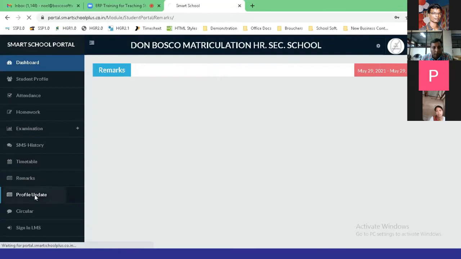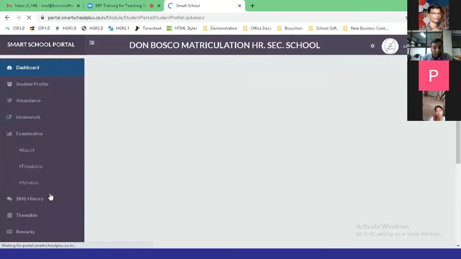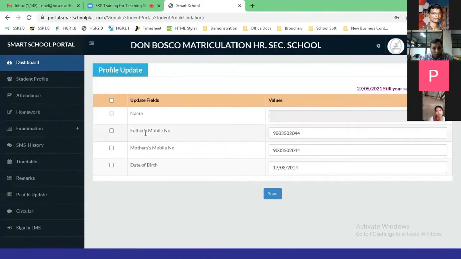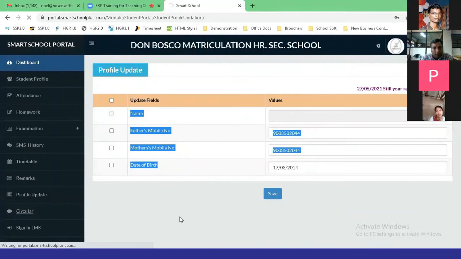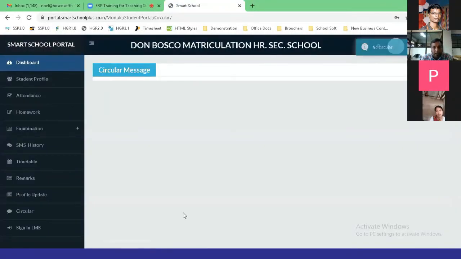And also, as I told you, the profile update, the parents' info and the students' info can also be included here. If the school wants only certain fields to be opted for by the parents, or if the school is willing to release a fifth field as well so that the parents can contribute their info, that is also possible here. Right now this institution has given only four columns, so they can update their fields accordingly. And we also have the circular option here. As I told you, any kind of PDF will be accepted.